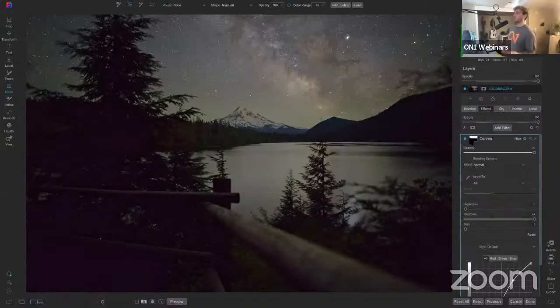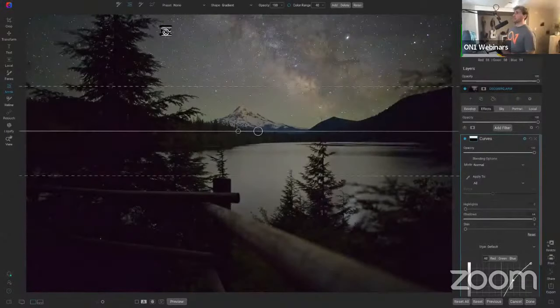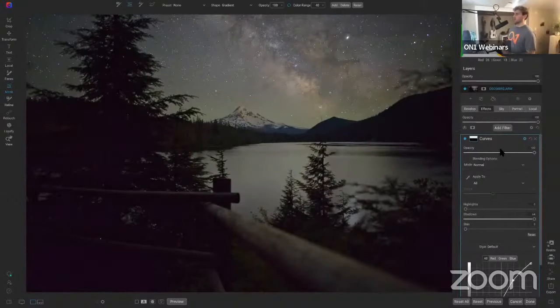So again, that's just this tone curve. I've created that S there, and then I've dropped down a mask to only modify the sky and protect the foreground from the curves filter. So everything's looking pretty nice. If we hit the backslash key on our keyboard,